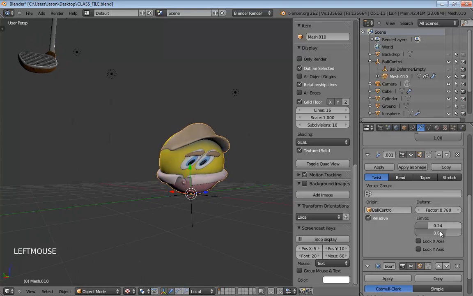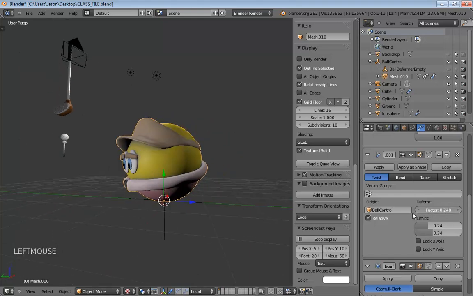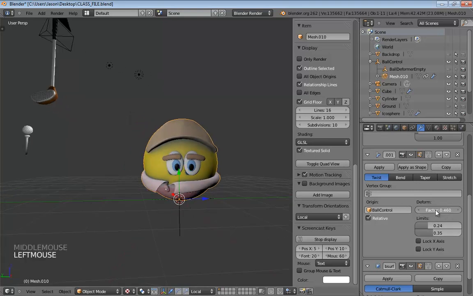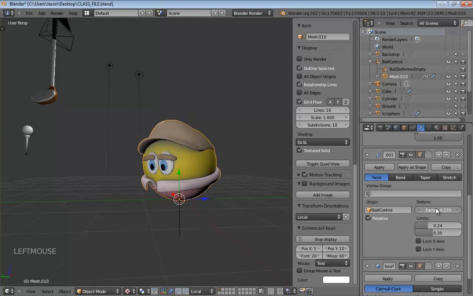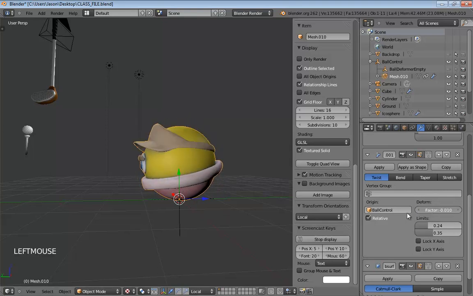And I'm going to pull down that upper just a little, because I don't want his eyes to flex around too much. There we go. And maybe just pull a little bit more back in there. Not too much, though. So in this case, I'm using 0.24 and 0.35. So really all of the twisting is taking place right there at the kind of the bottom of his belly. And that's pretty much all of it.